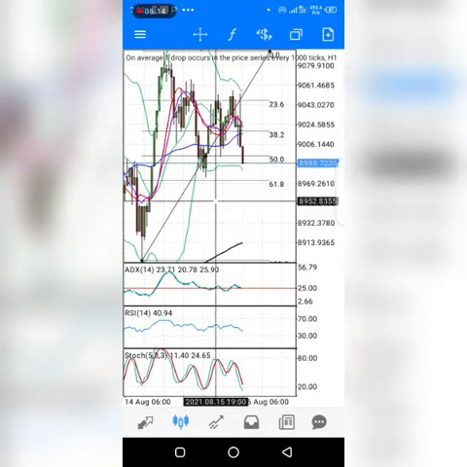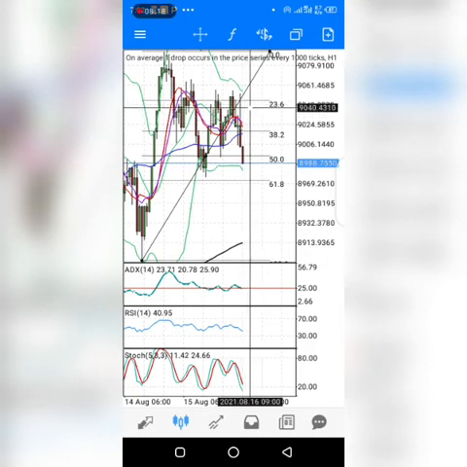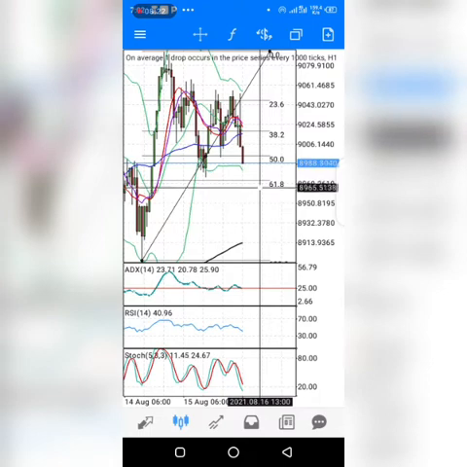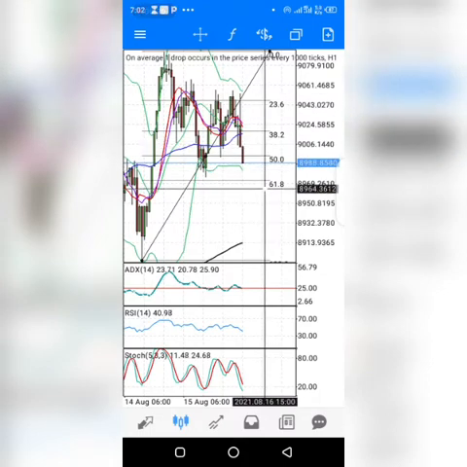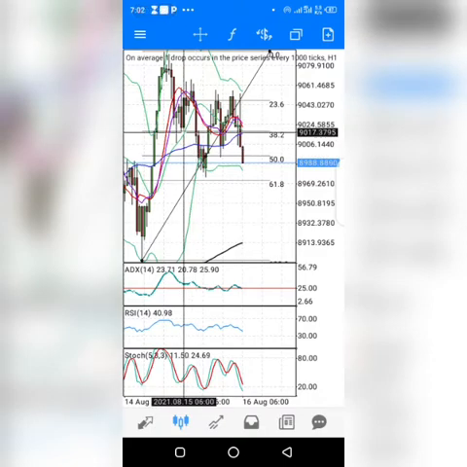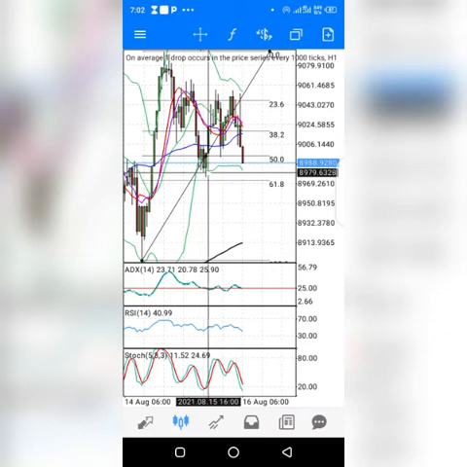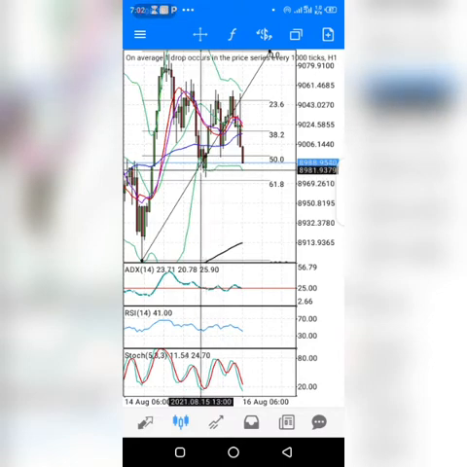Now, when you draw this particular line, this Fibonacci retracement, make sure you understand these key price levels: 23.6, 38.2, 50.0, and 61.8. Let's use, for example, this very point here. Let me start from this very point here. At this very point here. If you notice,